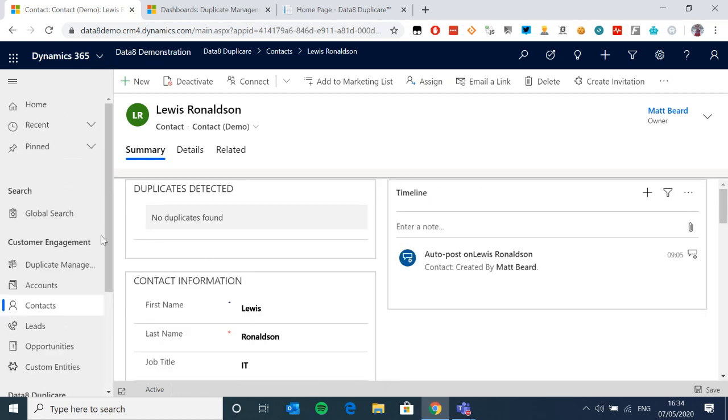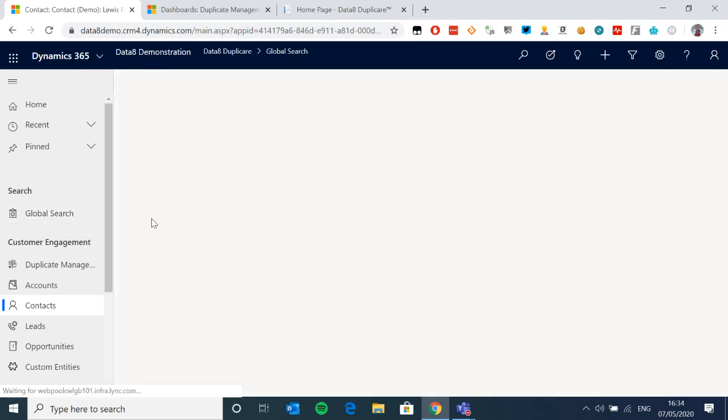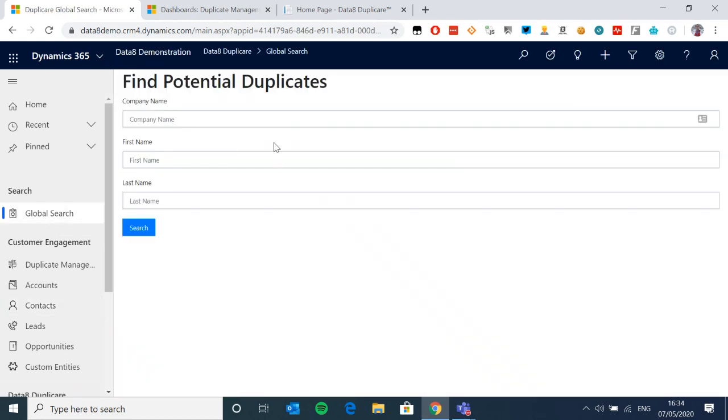The other option you've got, which is something we launched late last year, I think, is where I rolled all plans into one at this point. It's this idea of global search. So what you can do is customize this form as you want, to map to your rules, basically. In this case, I don't really care about first name, last name, company name. Phone number isn't relevant to me finding a duplicate because it's not part of my duplicate rules. You can extend to do so, but for now I don't have that.